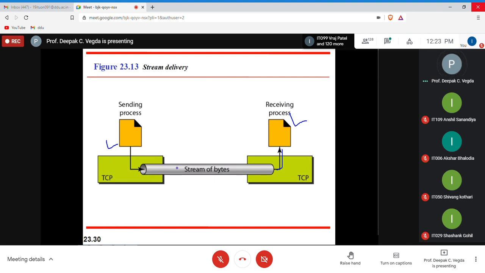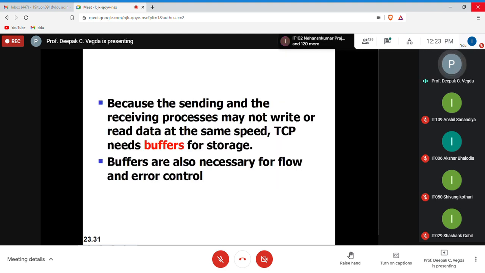This is a stream of data moving from one side of the communication to the other. Because the sending and receiving processes may not write or read the data at the same speed, TCP needs a buffer for storage. As we know, the sender may be faster and the receiver slower, or the receiver faster and the sender slower.